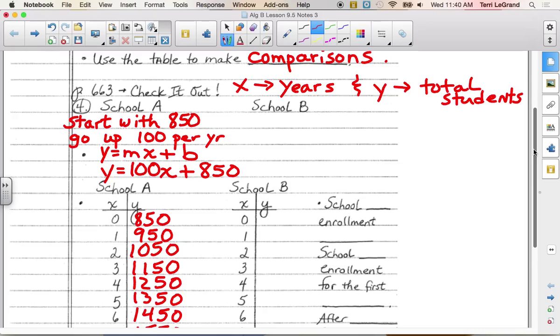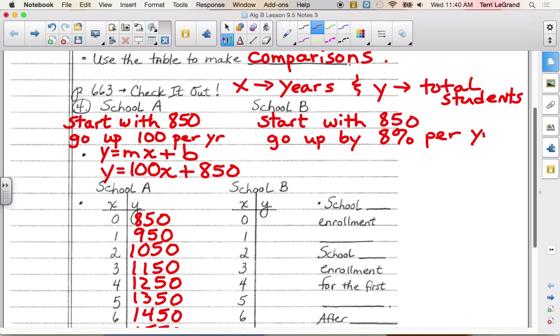They start with how much? 850, so they start with the same amount. It increases 8%. And they go up by 8%, so 0.08, per year. But does this sound linear then? No. Would we keep adding 0.08? Is that what it means? No, it's going to be